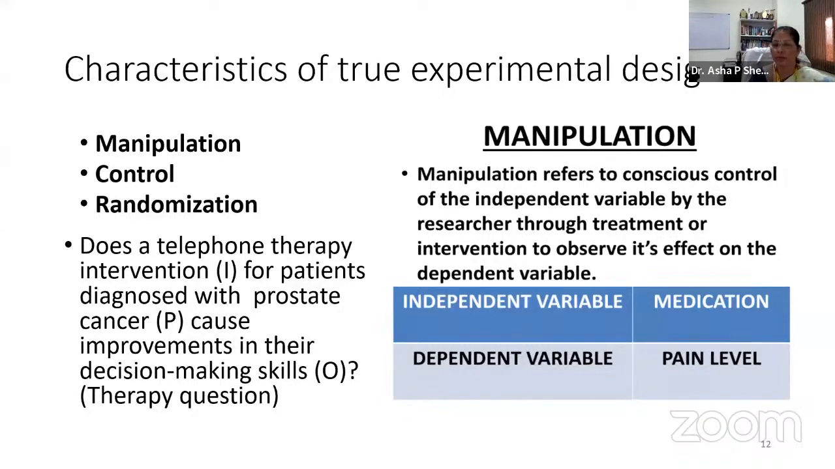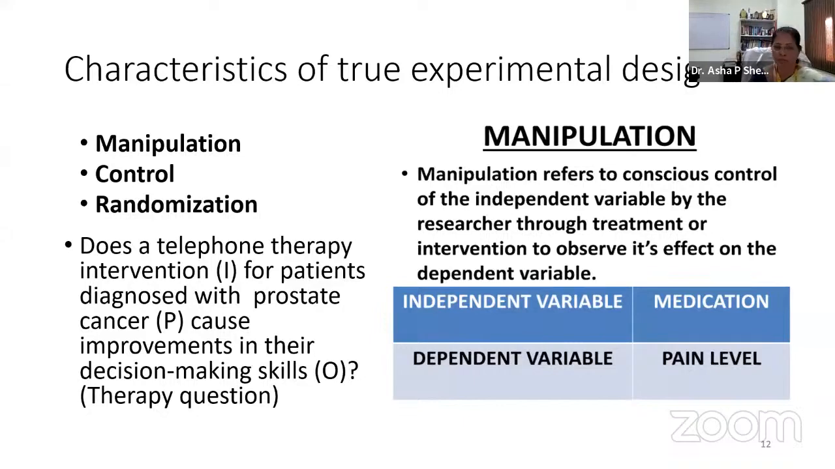So the independent variable is usually the cause, and the dependent variable is what we observe as the effect. Let's say the medication that we are giving is the independent variable and the pain level is the dependent variable. Now, what happens here is that in manipulation, the researcher does something, at least to some participants. That means there is some type of intervention to some participants, and there is no intervention